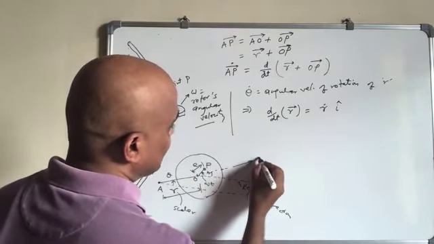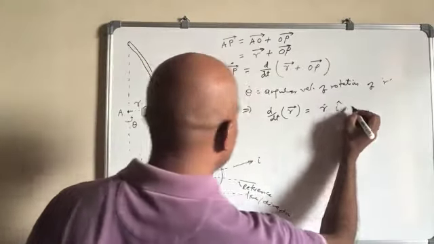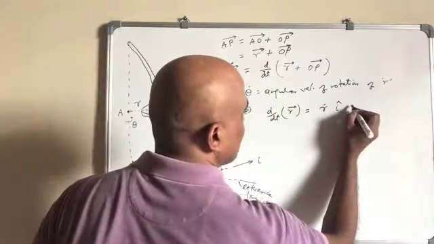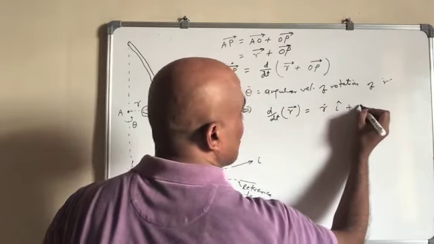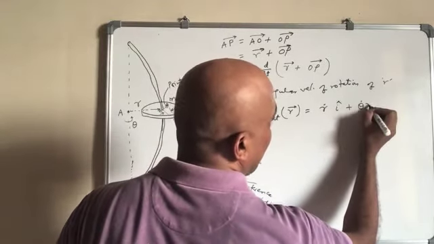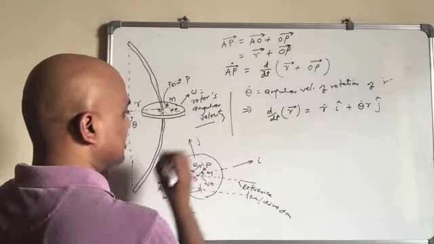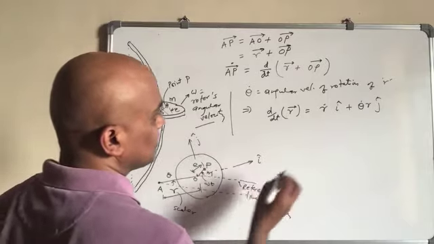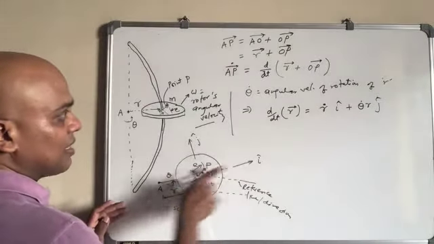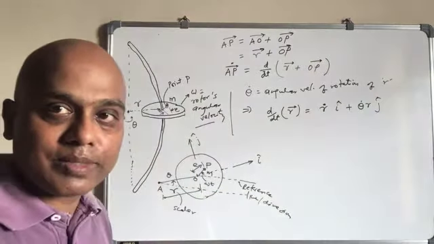Let us say we call it I. This is the I direction. Then perpendicular to that there will also be a velocity, and that will be theta dot r times j, where j is perpendicular to that. So the two directions: here it's the r dot, which will be along this one, plus theta dot r, which will be perpendicular to that.